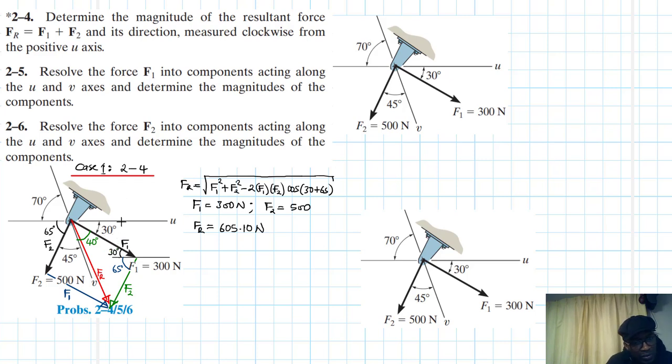We want this angle from here to there. Okay, let's call it theta. All right, so what do you think theta is? We need to find, let me write down this. So we have theta, let's call this